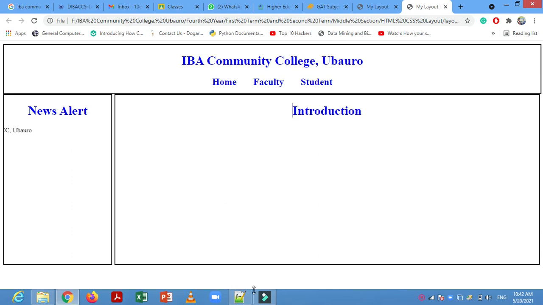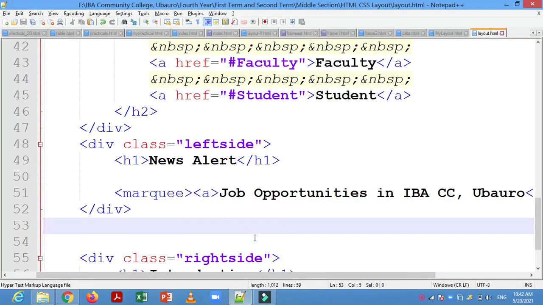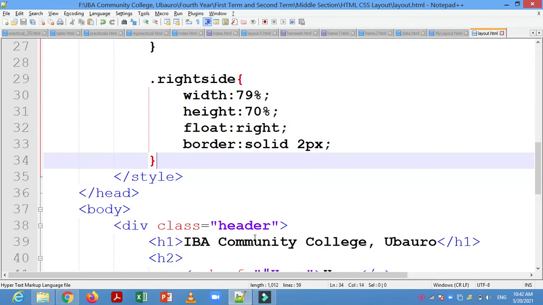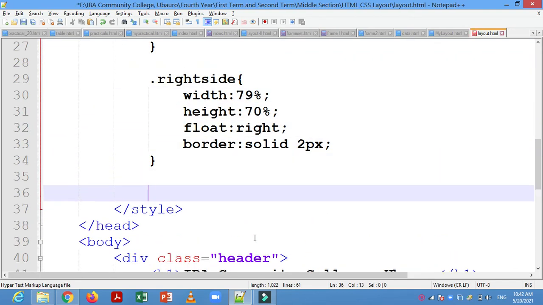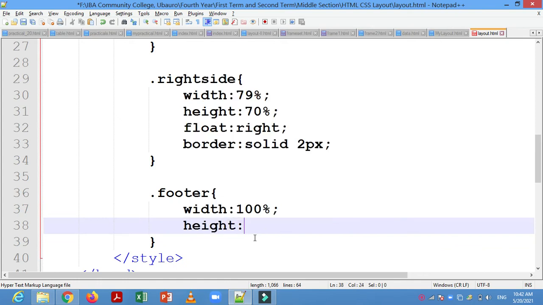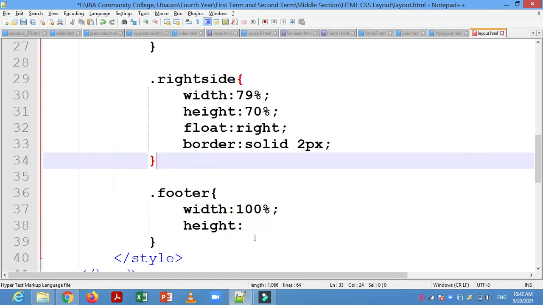For the footer portion we have to apply the same method, just like as we have applied for the left side and for the right side. Here we have to write down footer. You can give any name. Width should be 100%. Okay, and height will be 10%. So why height will be 10%?